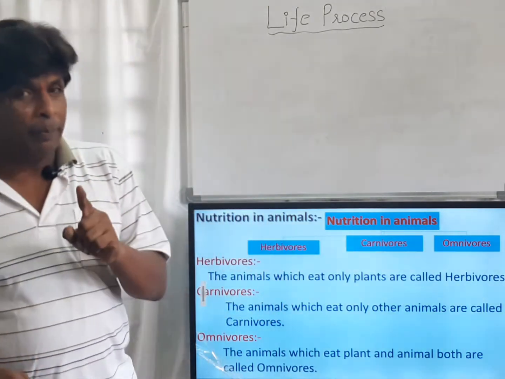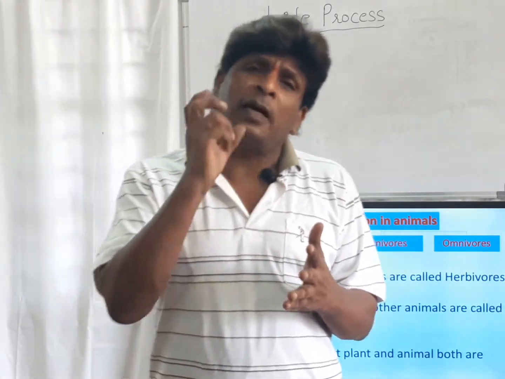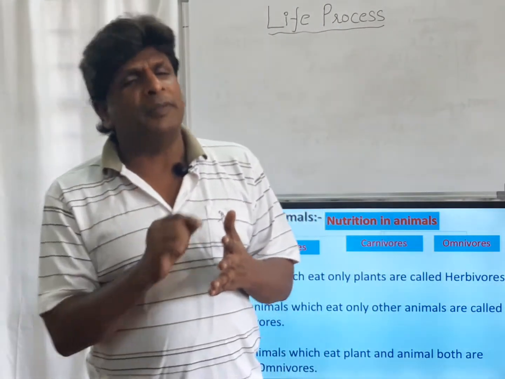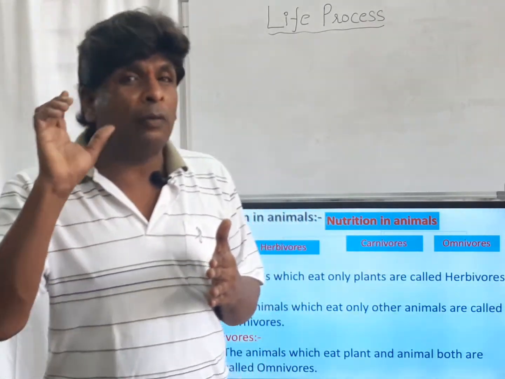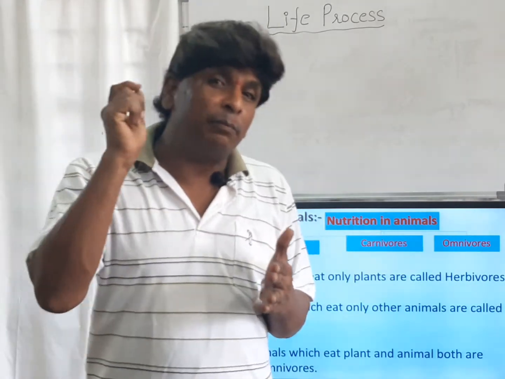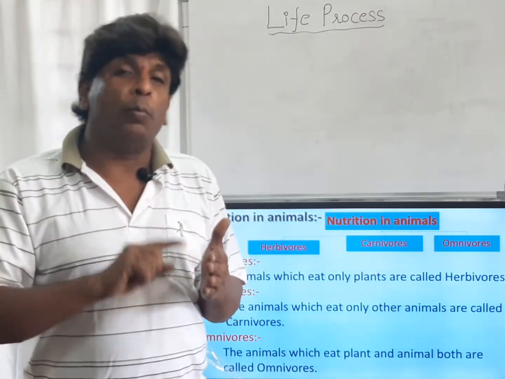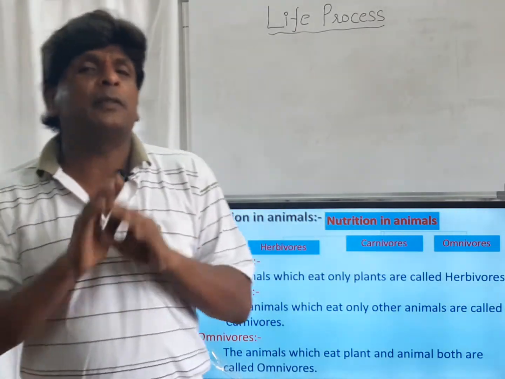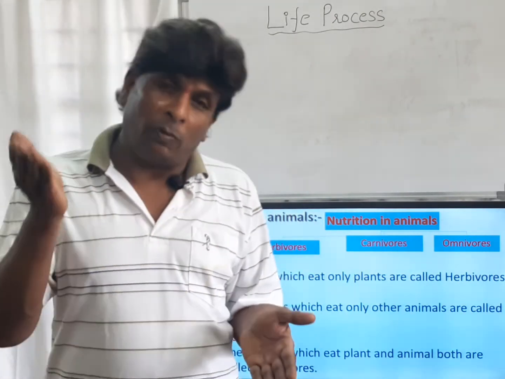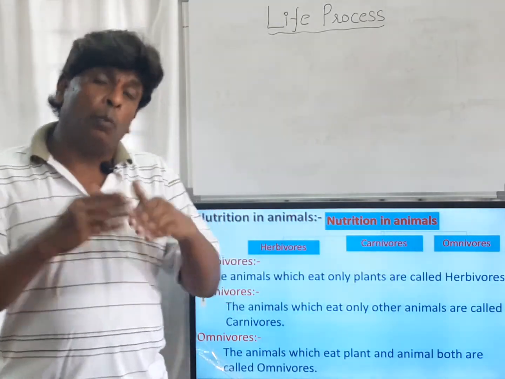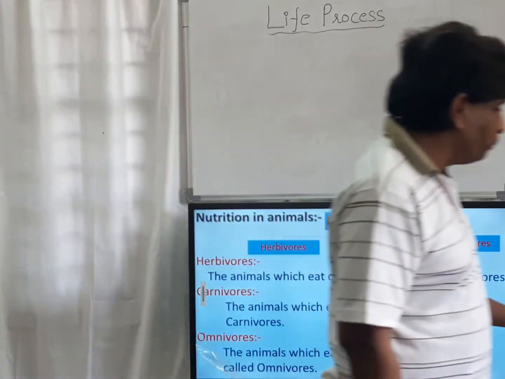Okay friends, remember it. Herbivorous, as the name itself says, means herbal-eating animals, vegetarian animals. Carnivorous, where carni means only one, are those which eat one type, that is non-vegetarian animals. And omnivorous, omni means both, are animals which eat both non-veg and veg. So next,